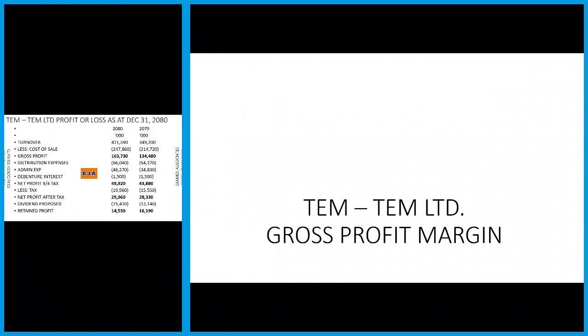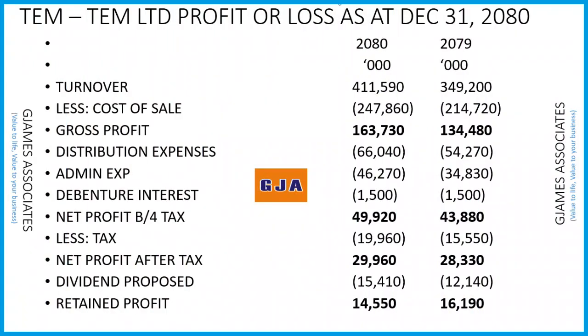And our gross profit will be this, our gross profit, and this are sales. This are gross profit, this are sales. So for 79, it will be 134,480 over 349,